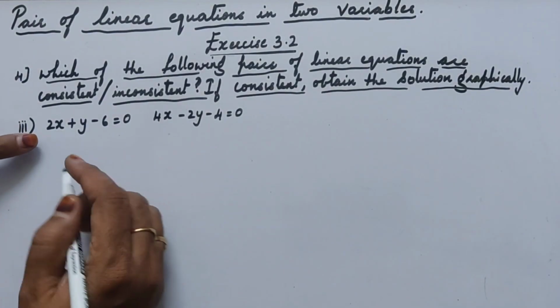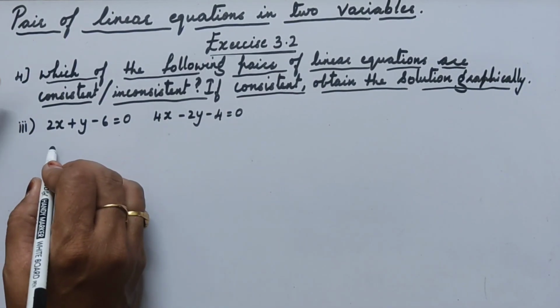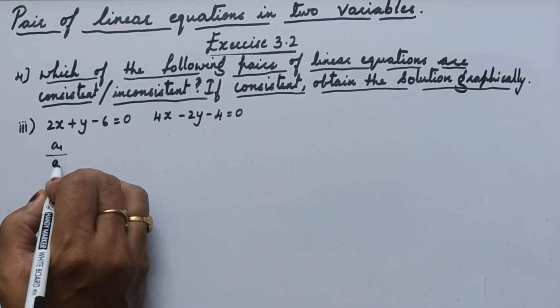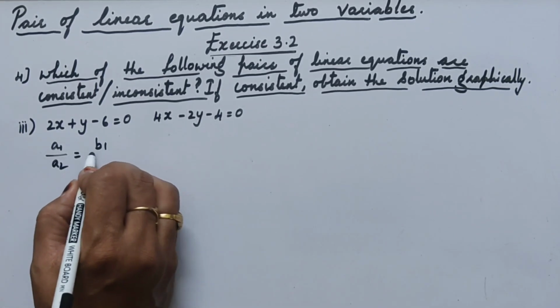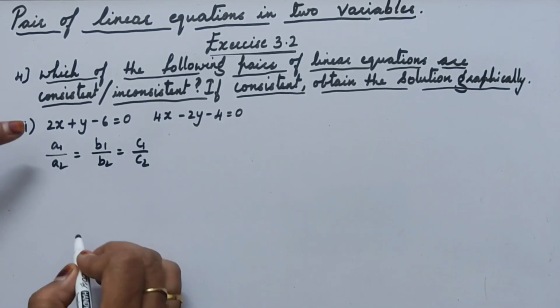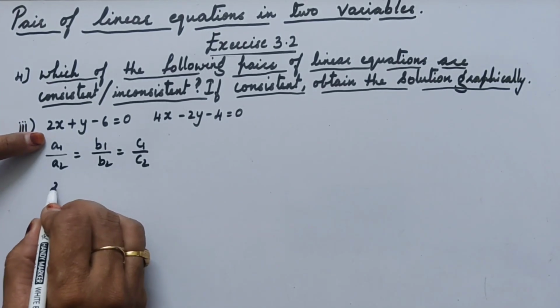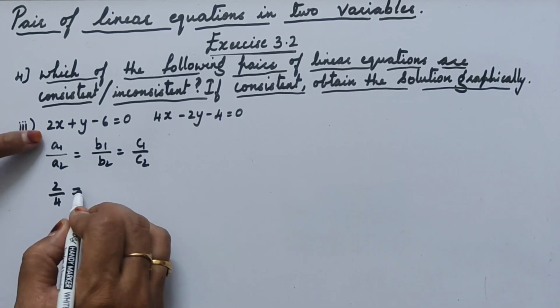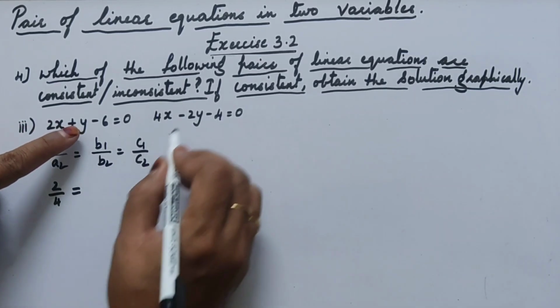Now we can compare these linear equations, a pair of linear equations. a1 upon a2 equal to b1 upon b2 equal to c1 upon c2. Now a1 upon a2 is 2 upon 4, equal to 1 upon